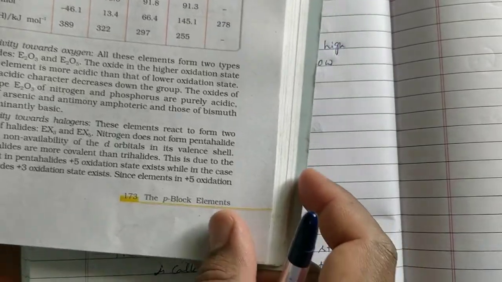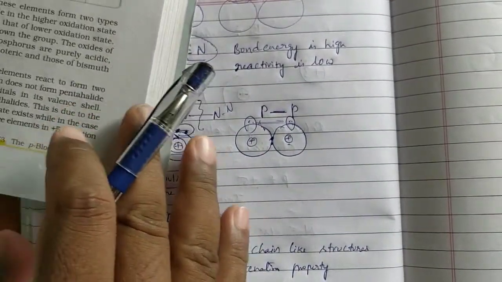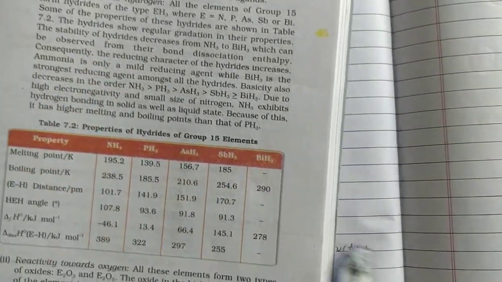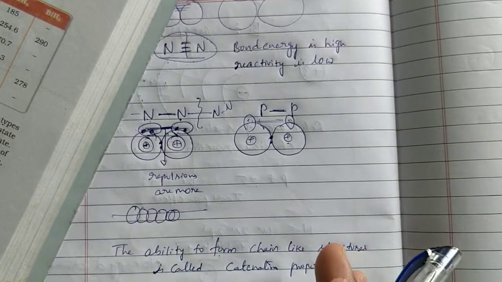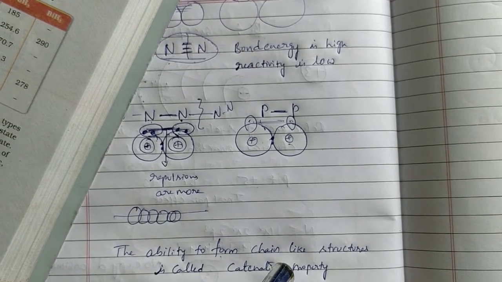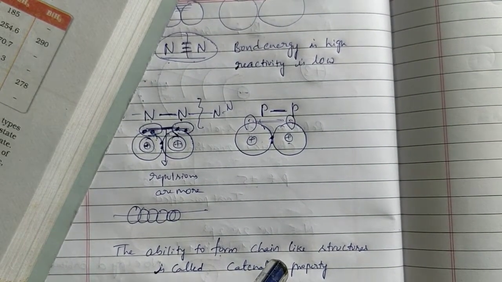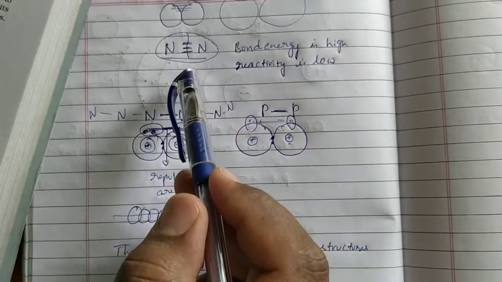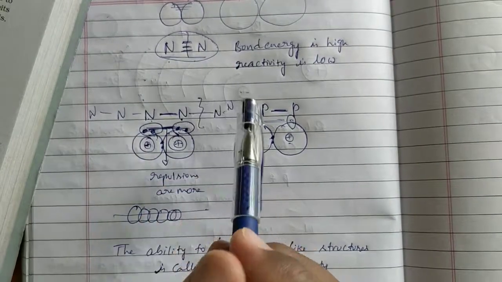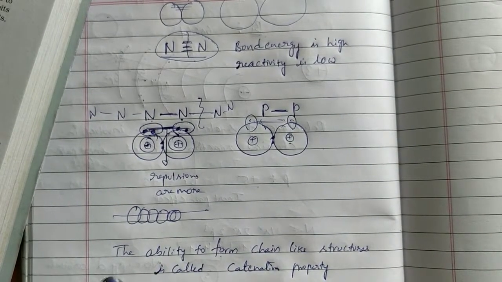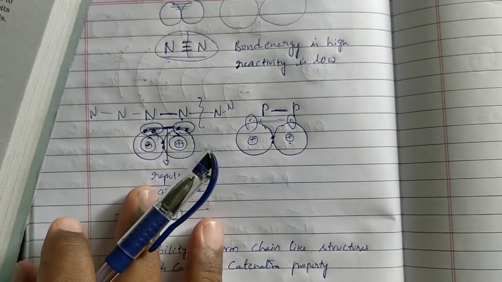Once go through it like this and prepare well. In the next class we will see reactivity towards hydrogen, and how these elements react with hydrogen, oxygen, halogens, term wise. These are all simple. General characteristics only took time. Importantly, this type of explanation will be repeated for the next groups also: inert pair effect, electron pair repulsions, all these things. Even though time is taken now, for other group elements it will be easy for you, and we will complete the topics very fast.